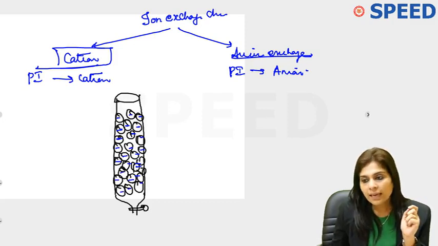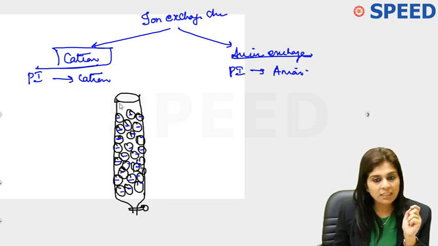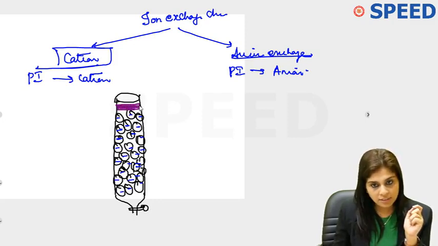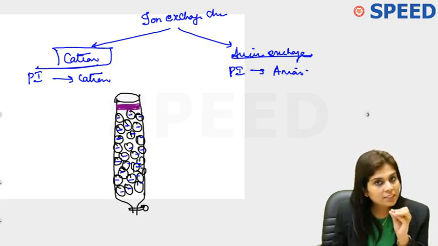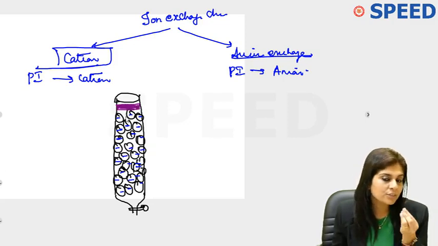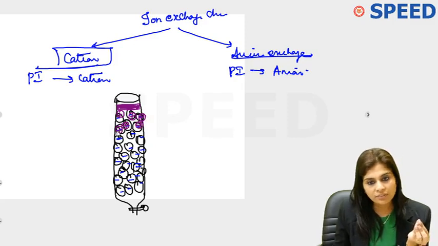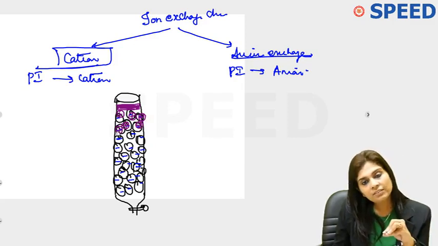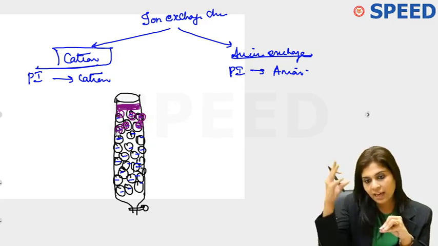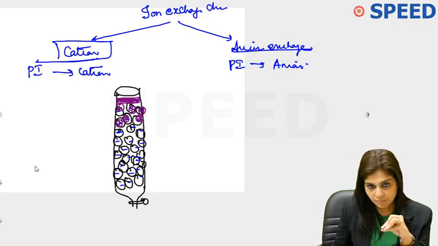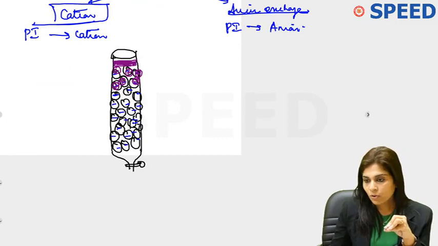Now what will happen when you pour the complex protein mixture? Anything which is positively charged, that is what you want, will be held on to the stationary phase, whereas anything which is negatively charged will be repelled and comes down first. So after you have removed all anions, after you have removed what you don't want,